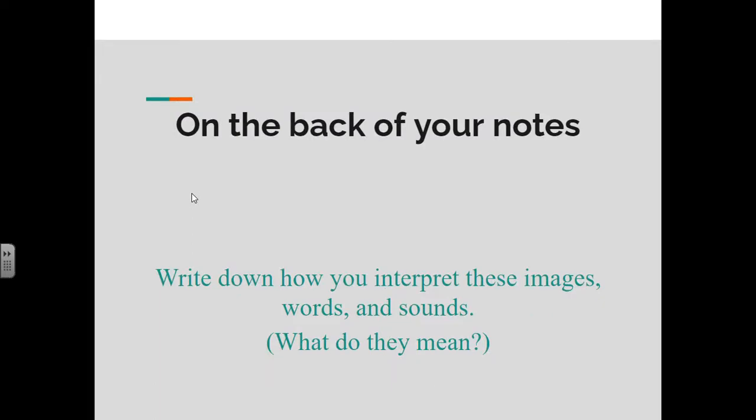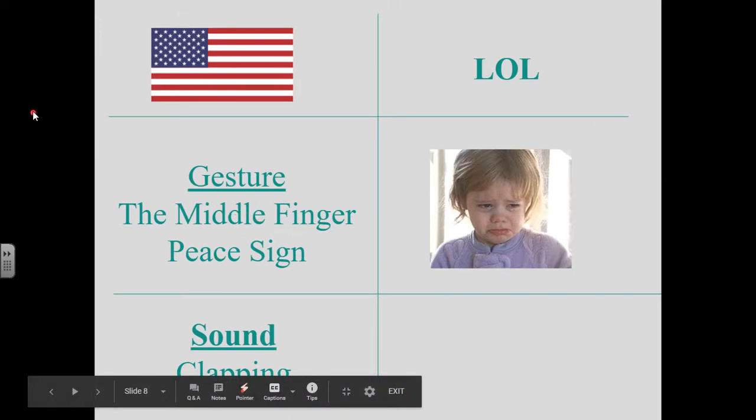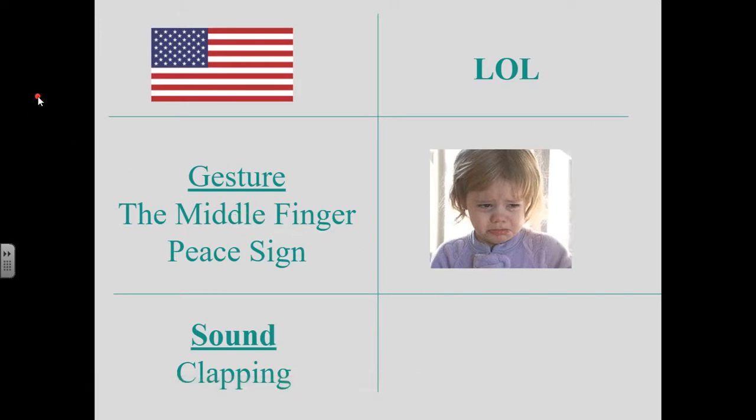So let's skip this. Now, what you have here, I have this box, and I want you to think of if you had to write 1 to 3 words of what all of these mean. In 1 to 3 words, what does this mean?